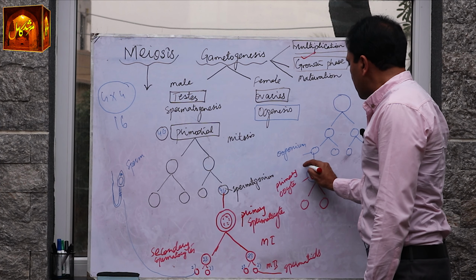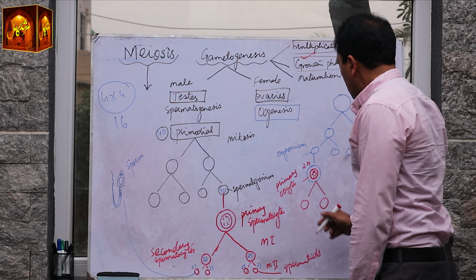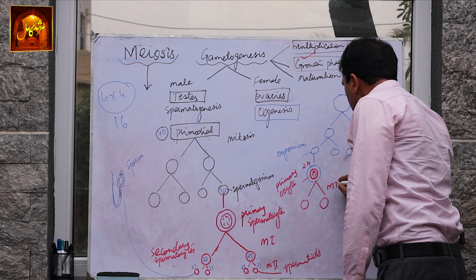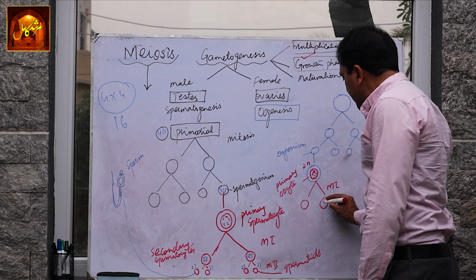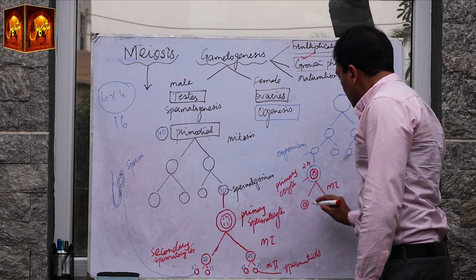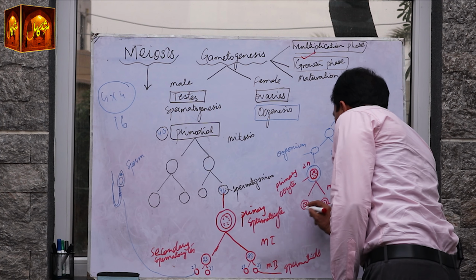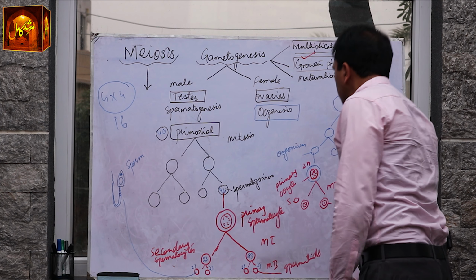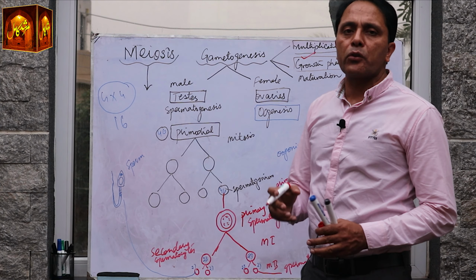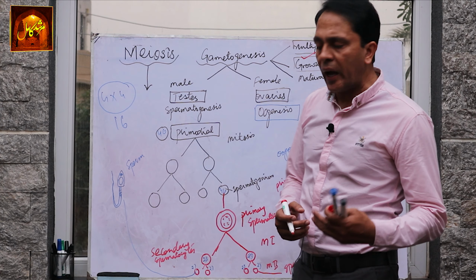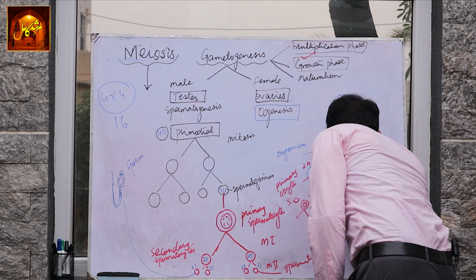Primary oocyte is diploid in chromosome number, but after meiotic division 1, this primary oocyte will be divided into 2 secondary oocytes. These are 2 secondary oocytes, and in these secondary oocytes the number of chromosomes becomes half, haploid. In the second meiotic division,